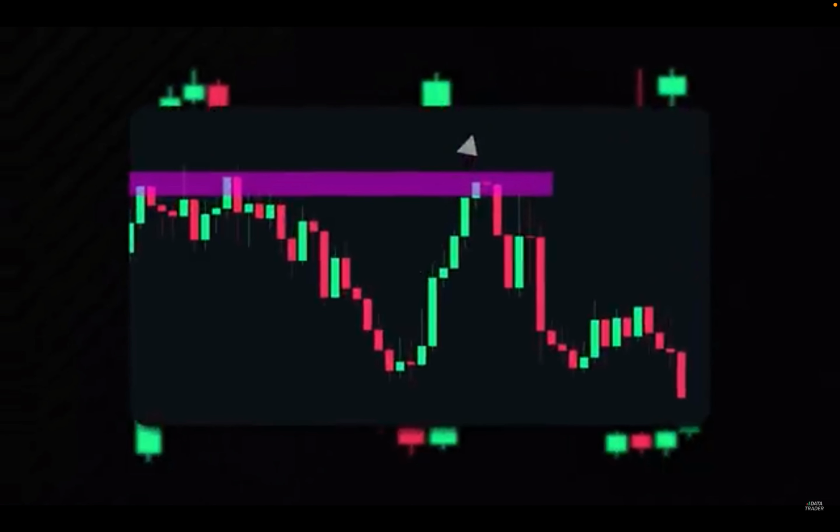As a bonus, I'll also reveal how to combine these patterns with price action to find high win rate trade